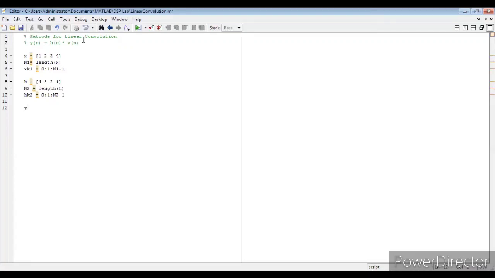As we know, y is equal to conv, convolution. That is a keyword in MATLAB. h comma x or x comma h, anyway we can write. All the keywords should be written in small case, as MATLAB is case sensitive.